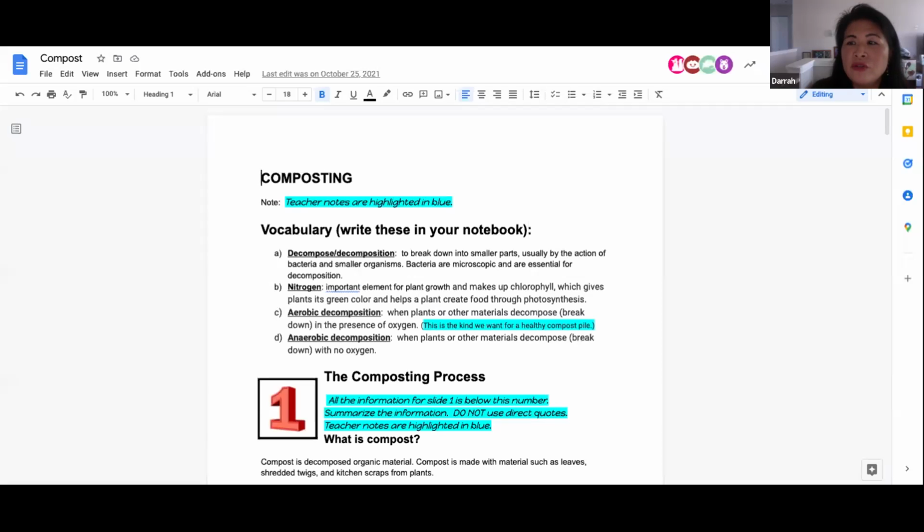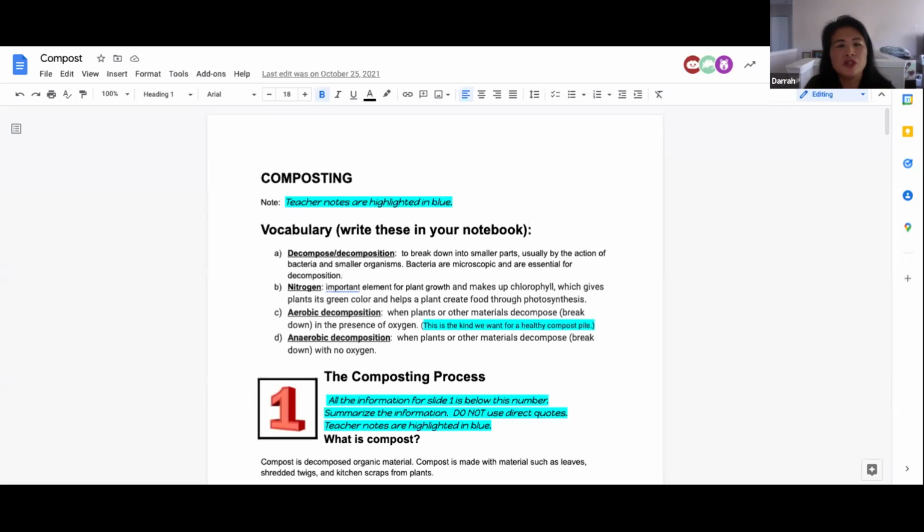So I'm gonna try and share that with you. This is something that takes time, though, to backload all these assignments. It really takes time. But in a way, it's kind of nice because once you get it there, if you have a student that's absent and they wanna know what happened, here's my document on composting.